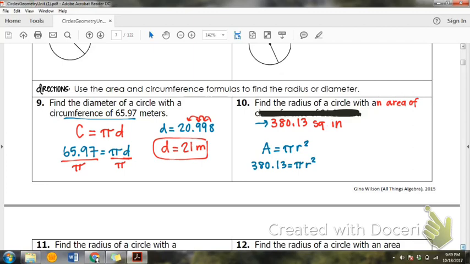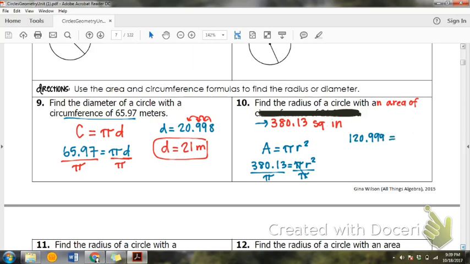So just like we did on the other one, we're going to divide by pi on each side. Remember, we're dividing by the pi calculator key, not by 3.14. So in our calculators, 380.3 divided by pi. Okay, hold that number in your calculator. You don't have to write it down, but I'm getting 120.999,